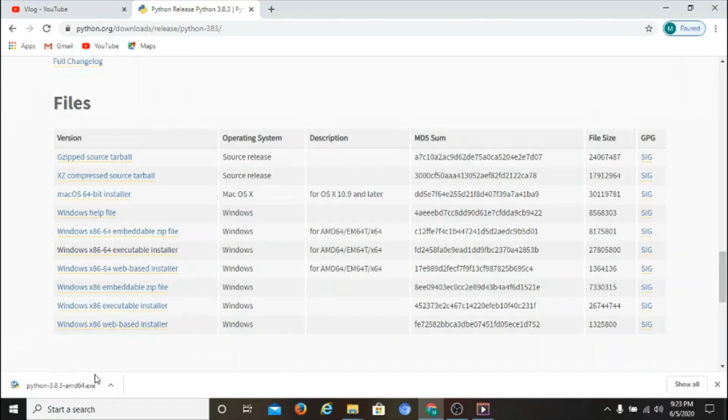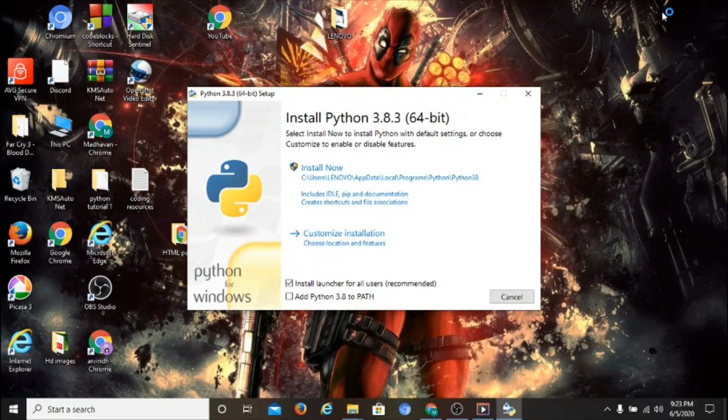I'm going to open the downloaded file. I'll click on this and minimize my browser, which will navigate me to the installation window. Here you'll have two options. By default it will install Python in this particular path, or I can customize my own installation, where I can install Python based on my choice.